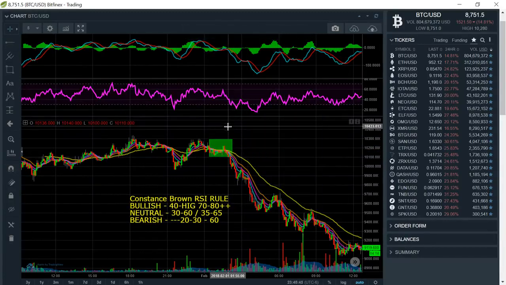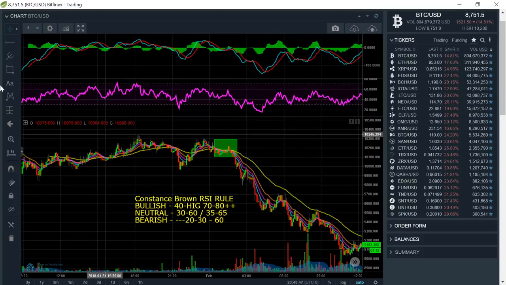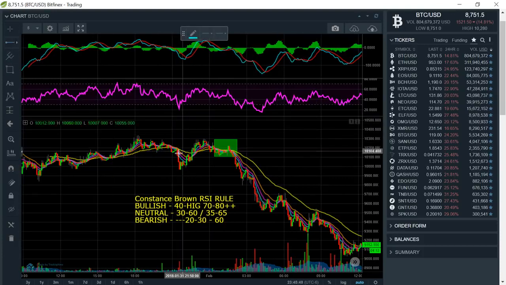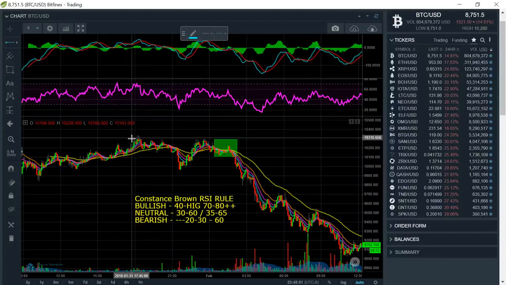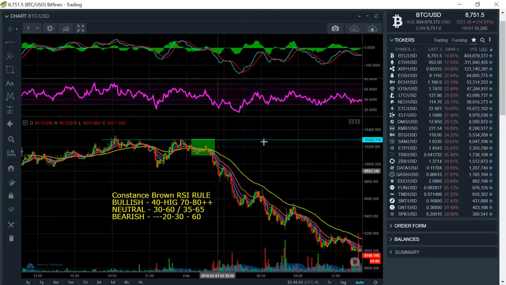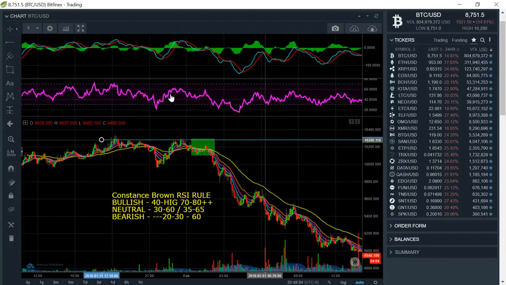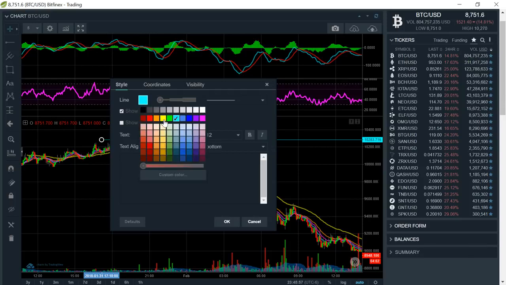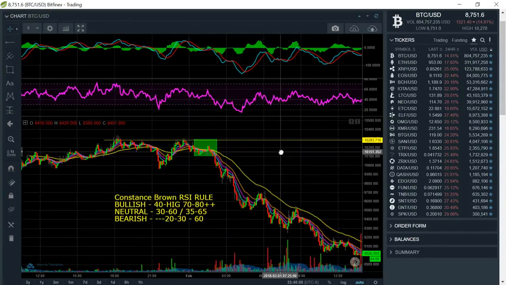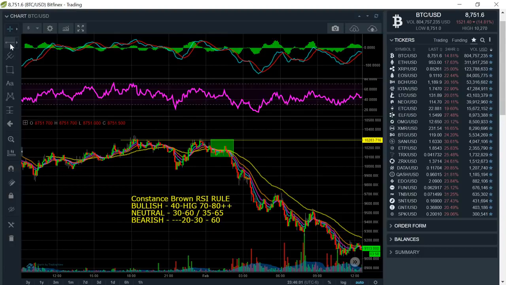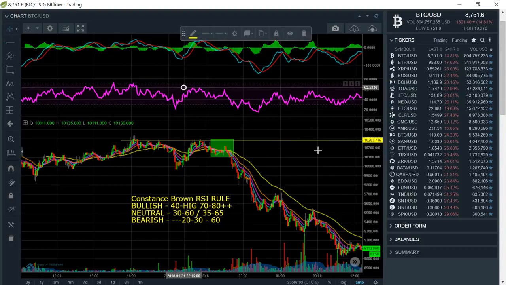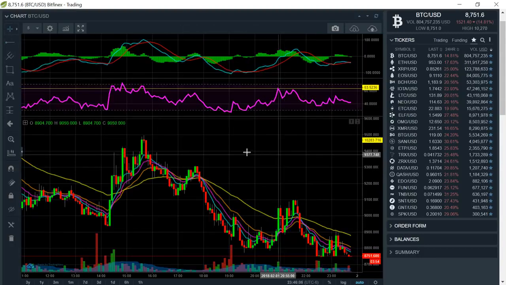So first of all, we're going to start off on a 5-minute time frame. We're going to say to ourselves, where's the RSI limit? Where is the RSI restricted? We see that right there, first of all, on the candle. This candle right here is obviously a resistance area. Now we say to ourselves, is the RSI also being limited? And we look for, oh no,